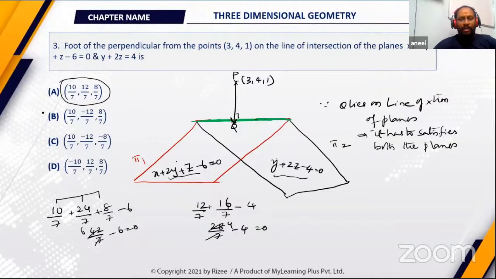And here you can clearly observe that the same numbers are there. Actually, we are supposed to verify the remaining 3 options also, maybe the 3 options are also satisfying this line. But what is to be seen over here is that all the 3 coordinates are the same, and the only thing is they are varying in sign. So there is no chance in this particular case that more than one option will be satisfied. So we can go for option verification.